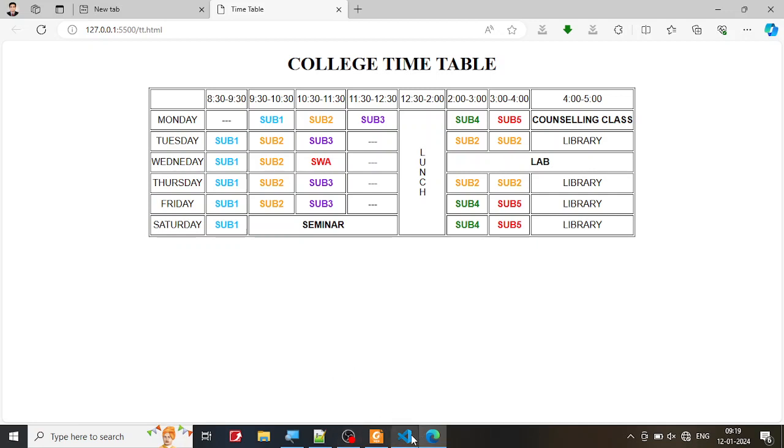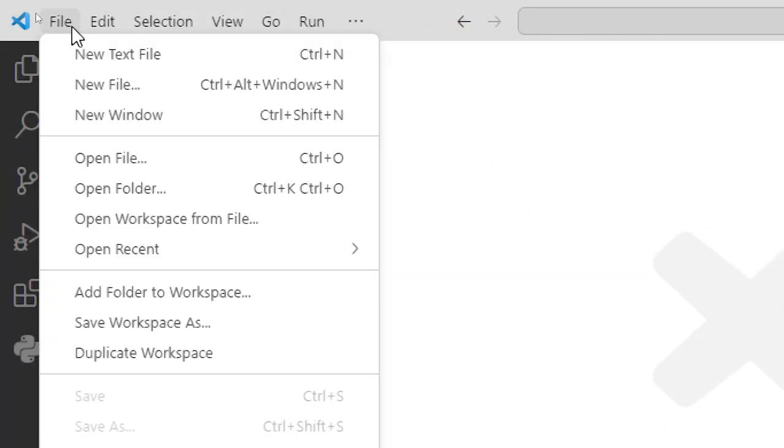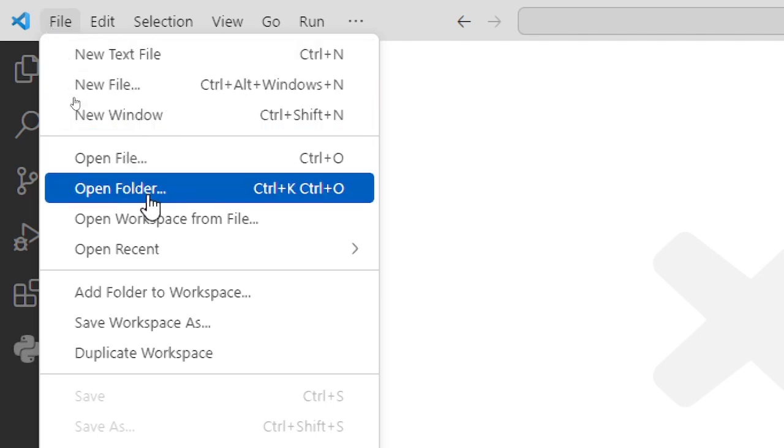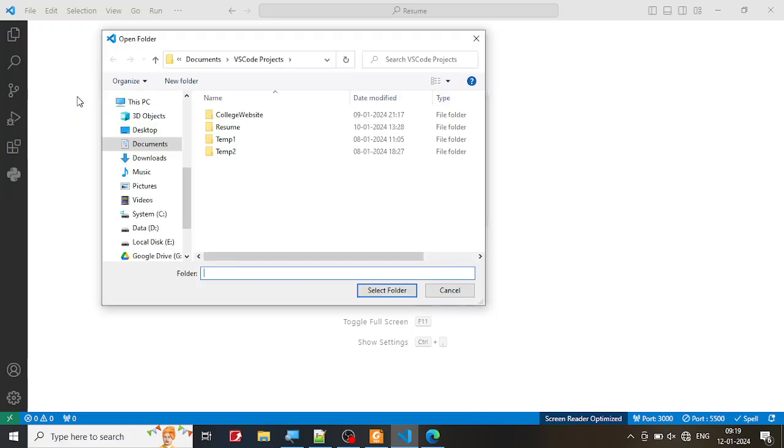I'm going to use Visual Studio Code for that. First of all, I will open my folder. You might save your program in D drive, so just go and open the folder and go to the place where you have saved your content. Now, I have saved everything in my documents. I'm going to create a new folder. It is not required that you create a new folder, but you can always create one for a new exercise. So I'm going to create a folder with the name timetable,